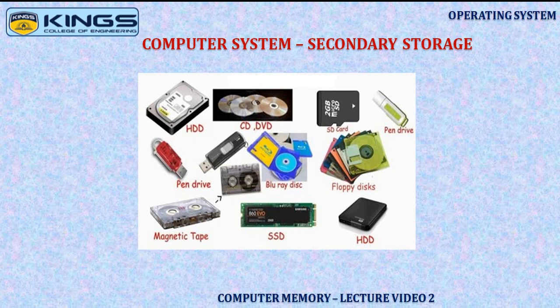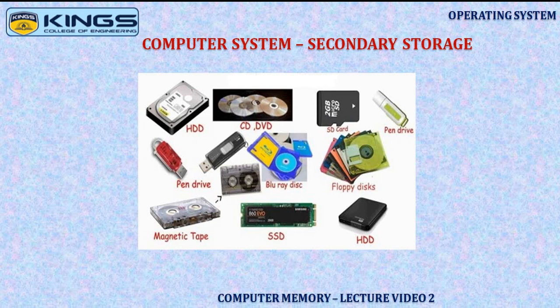Next is the SD card. A secure digital card is one of the common types of memory card used in most of the electronics that we use in our daily life. SD cards are used in over 400 brands of electronic equipment, which includes our digital cameras, cell phones, etc. When we are using our mobile phones, and if we are not happy with the storage available, we go for an external SD card so that the memory capacity can be as per our need. And the next comes the CDs and DVDs.